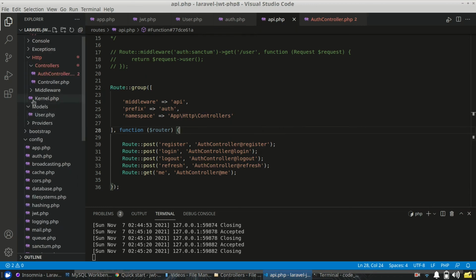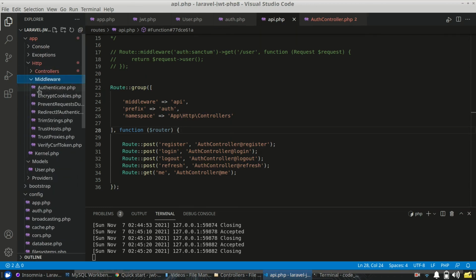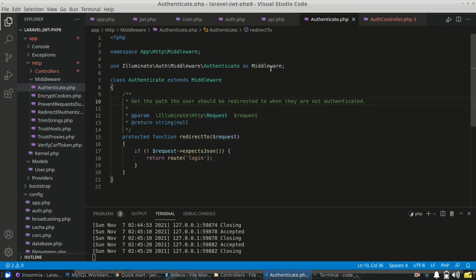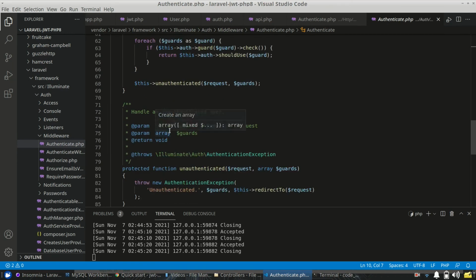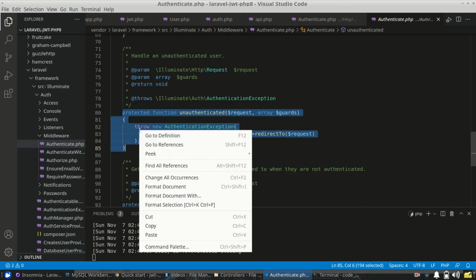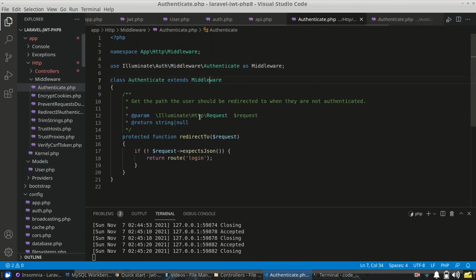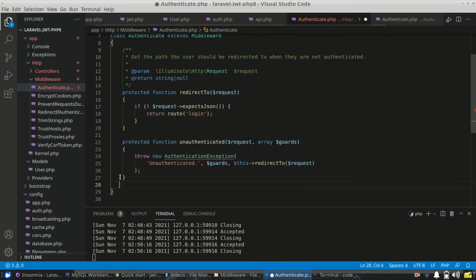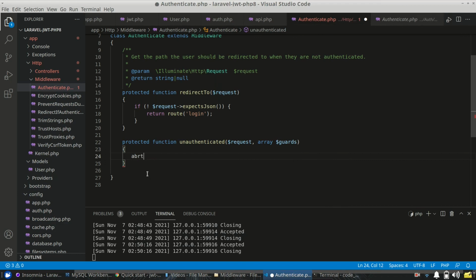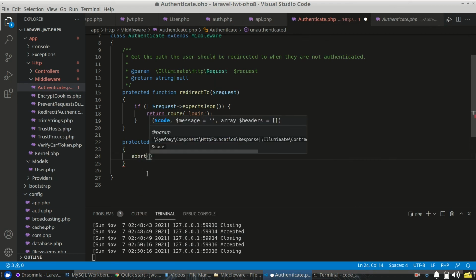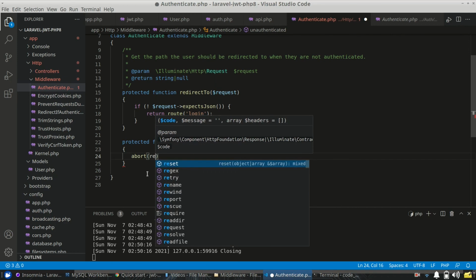Simply there is a middleware, the authenticate middleware. Okay, and it extends the middleware class, and the middleware class has the authenticated function. So let's copy it and paste here, and instead of throwing the exception, we will use the abort function. We can use the abort function here. Okay, and the abort function, let's return